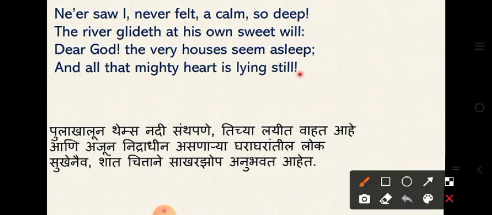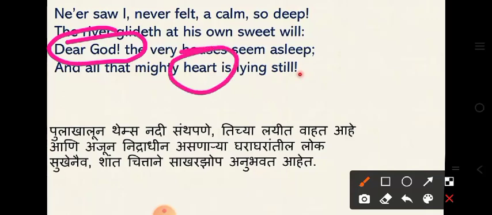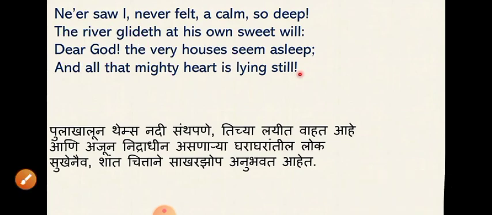Here we have to take the example of one of the figures of speech, that is apostrophe. It means God is directly addressed. And what about the last line, which indicates the example of synecdoche? It means a part for the whole, that is, heart stands for the people. So this is all about the meaning of the poem. Try to prepare all of these words and sentences properly so that you can understand this poem very well.